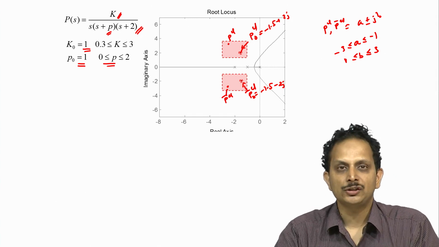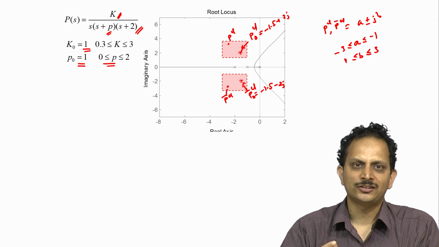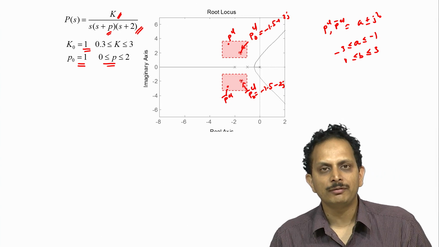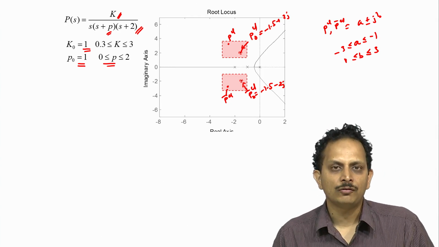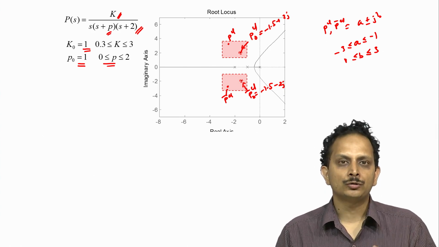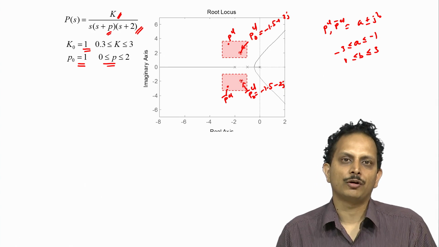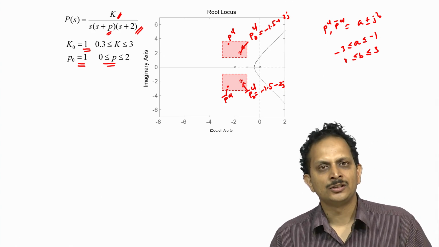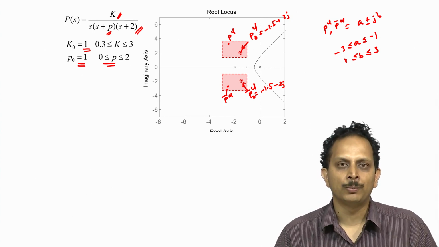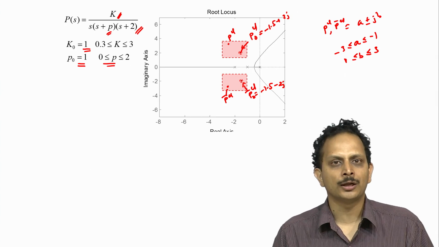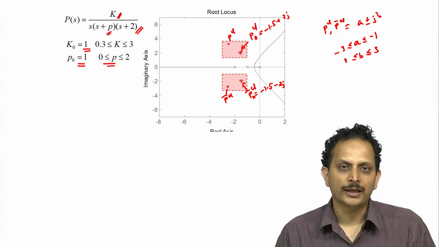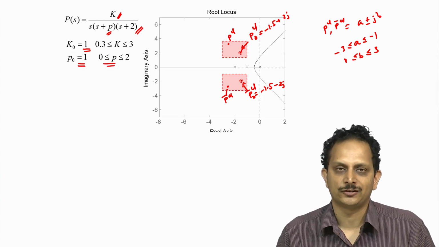Now if you notice the dimensions of this rectangle, you note that the size of this rectangle is of comparable magnitude to the typical distances between the other open loop poles of the plant, and this is what makes it difficult for us to employ root locus as the tool for performing design. The assumption that the distance over which the closed loop pole varies is much smaller than the distances between the open loop poles breaks down in this particular problem specification, and that is what makes root locus a tool that cannot be easily employed in this particular case.